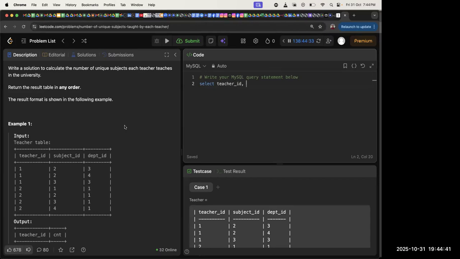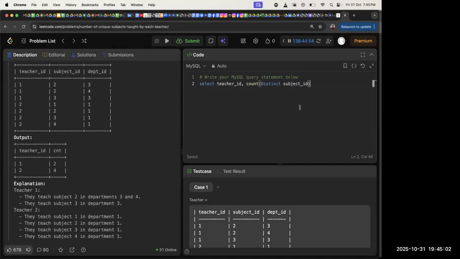So basically I don't need this and this to be counted twice, right? I want this to be counted once. That means I would count distinct subject underscore ID. And what should be the name of the column? CNT. So as CNT from the table